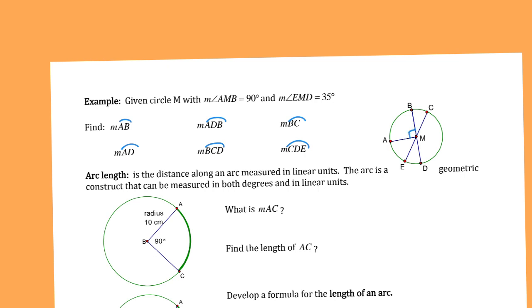They tell you that EMD is going to be 35 degrees. Those are the central angles they give you. We can go ahead and say these are vertical angles here, so this will be 35 degrees as well. And then also you can see that it's a straight line from B to D. That's a diameter. And so therefore, if you do 180 subtract 90 and 35, you're going to get the measure of this one to be